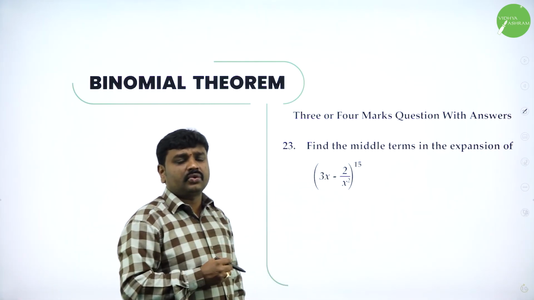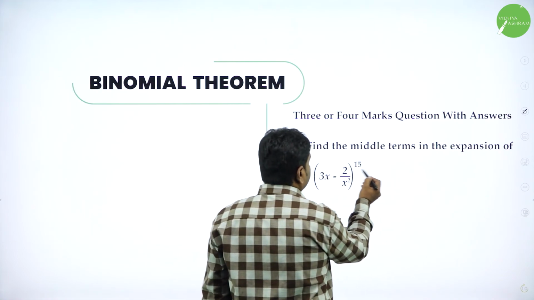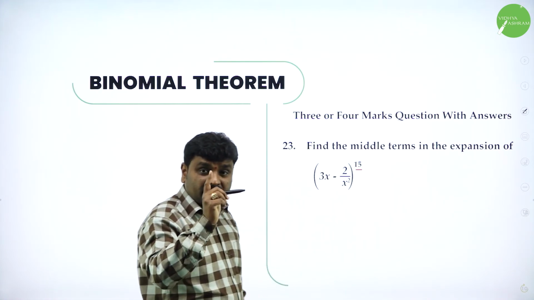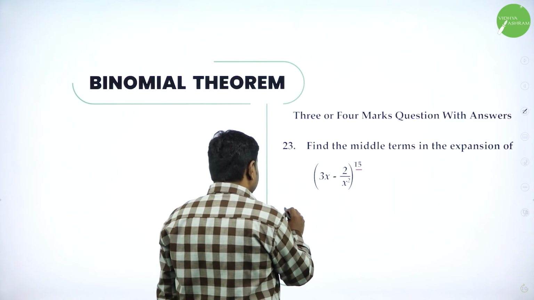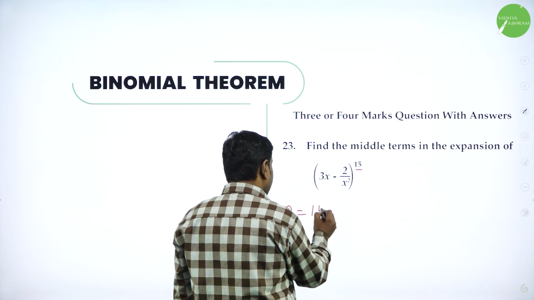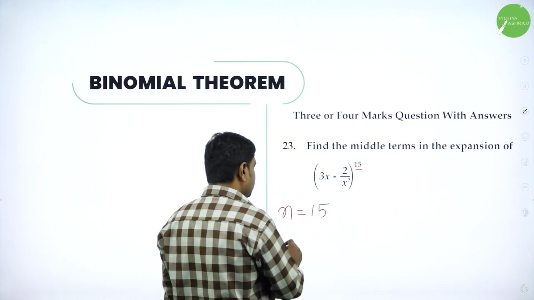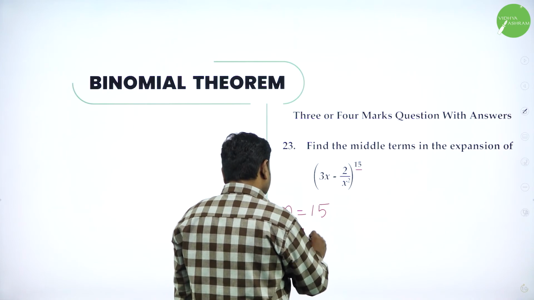But again, why have I included this? Because here the power is an odd number. If the power is an odd number, there will be two middle terms. Here the power is 15. 15 is the power, it's an odd number. There will be two middle terms. So what are the middle terms? So the middle terms are